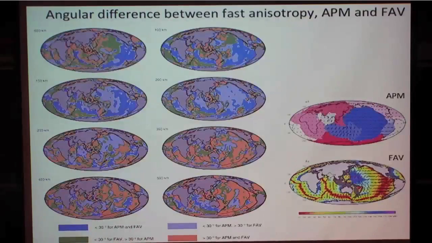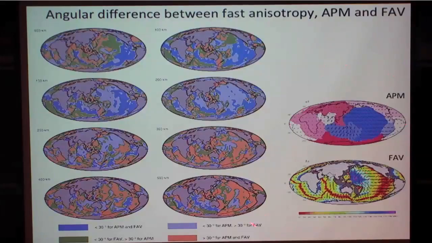Finally, what we have tried to do is to check the idea that the shallow anisotropy is frozen within the lithosphere. To do that, we can compute what we call the FAVs, the fossil accretion velocities, which are obtained from the gradient of the age. It is in fact the direction of the expansion at the time of the formation of the lithosphere, which has been translated to its current location by the plate motion.